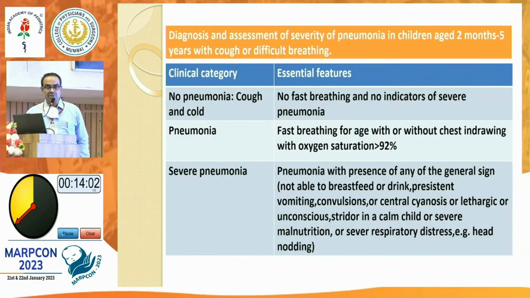Okay, fine. So there are a few WHO definitions of pneumonia, no pneumonia and severe pneumonia. No pneumonia is when you just have cough and cold. What they defined as pneumonia as per WHO guidelines is concerned because you have to treat the whole community. So it's just fast breathing associated with retractions. So when you consider it to be pneumonia, saturations are more than 92%. In severe pneumonia, the saturations will be less than 90% associated with fast breathing and retractions.